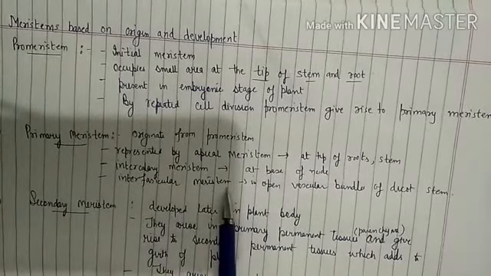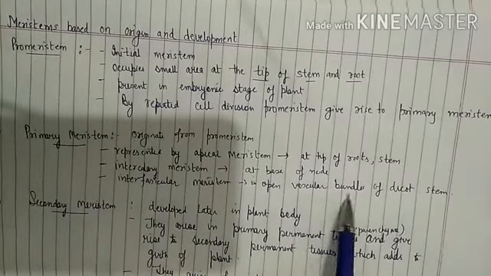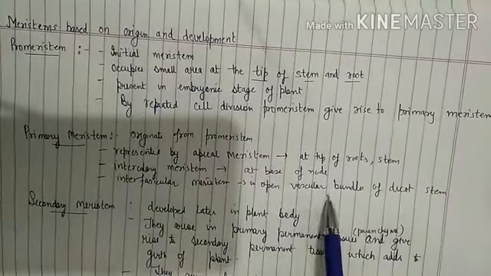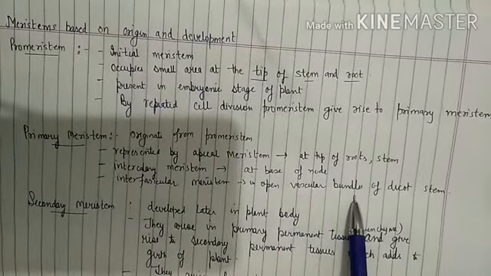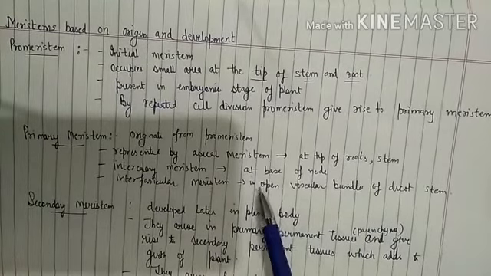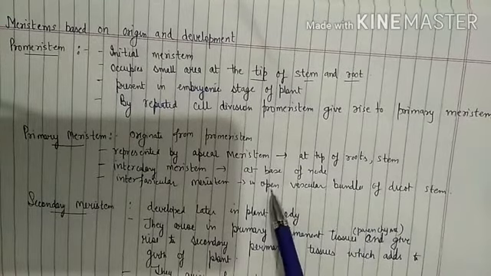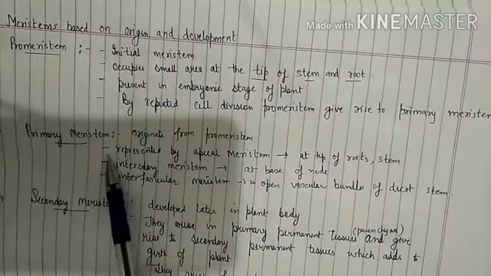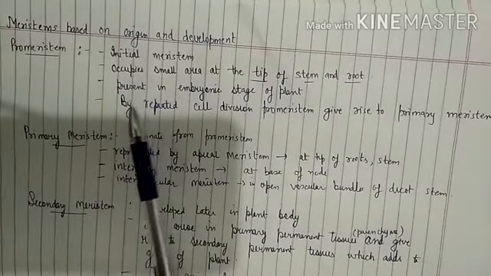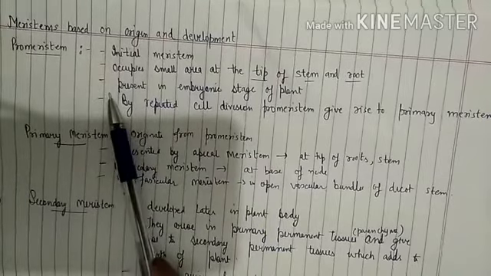Then interfascicular meristem, it is present in open vascular bundle of dicot stem. So interfascicular meristem or open vascular bundle, this we will study in the next video. So up to now you should know that there are three types according to the origin, that is promeristem, which